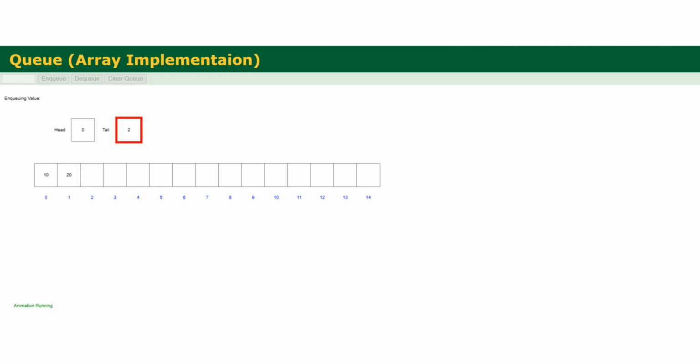Then 20, 30, and 40, then 50. This is how elements are arranged in the queue. Now the queue contains the elements 10, 20, 30, 40, 50.